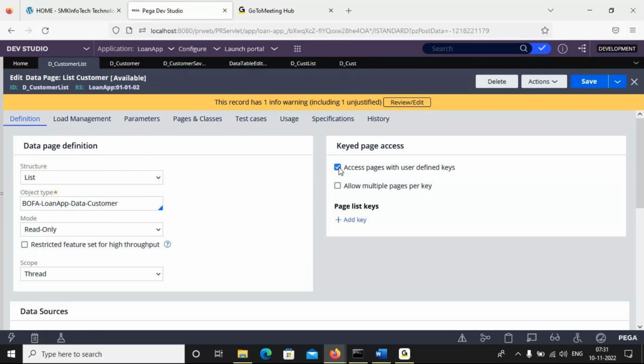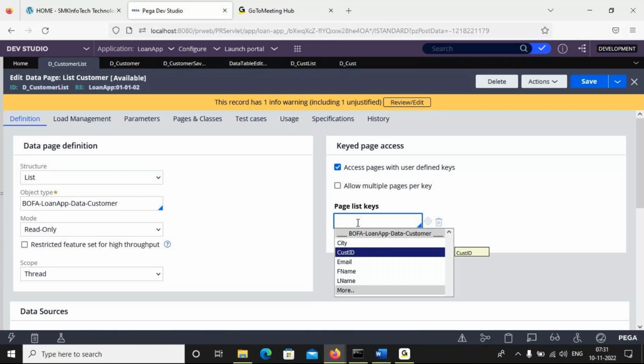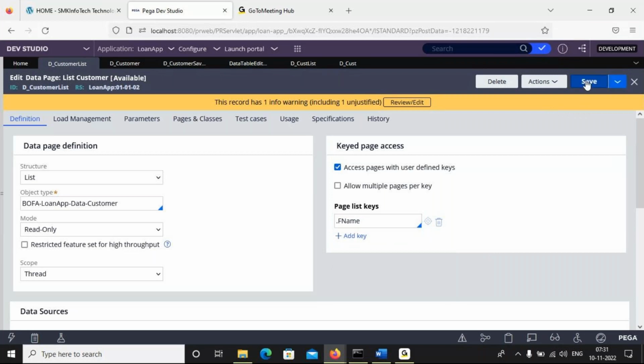Whatever is bringing the data using the database, if you click add key, click the down arrow, we already have customer ID or customer name, save it. So using first name, whatever value you enter at the screen level, it automatically filters the values. I'll show you that when we talk about the presentation layer, where we call the database, then we'll understand the meaning of this.